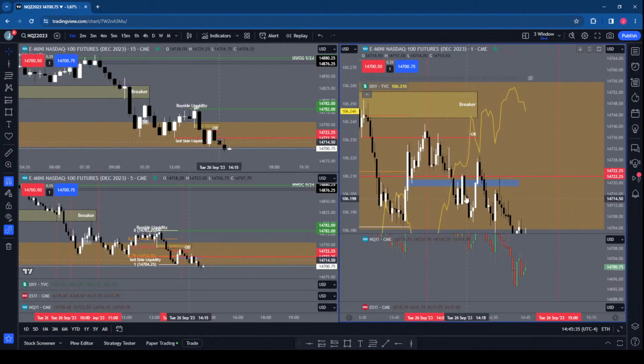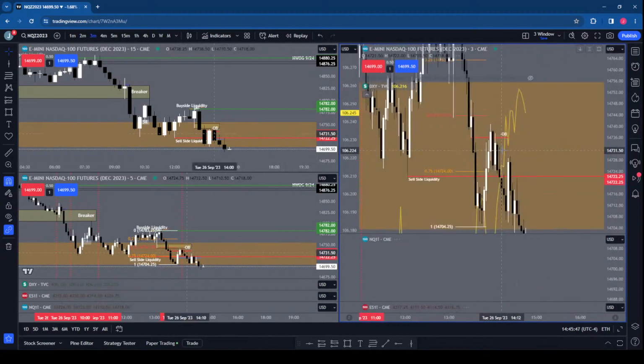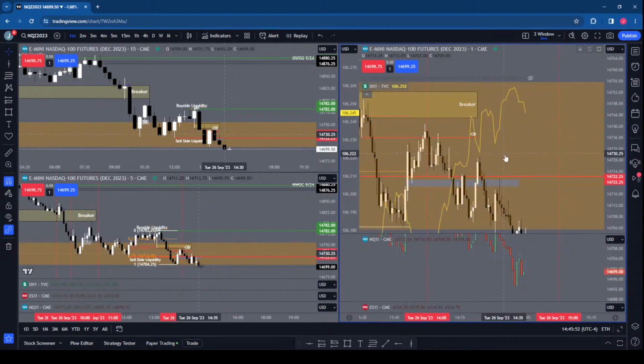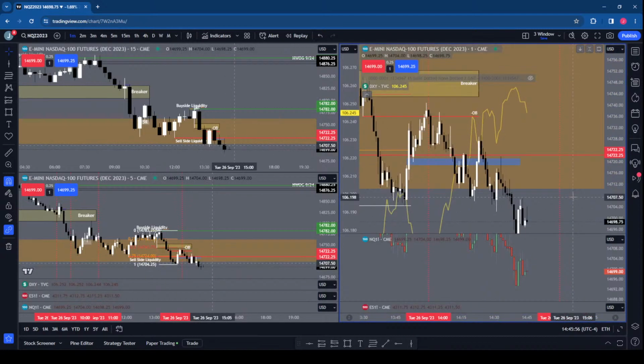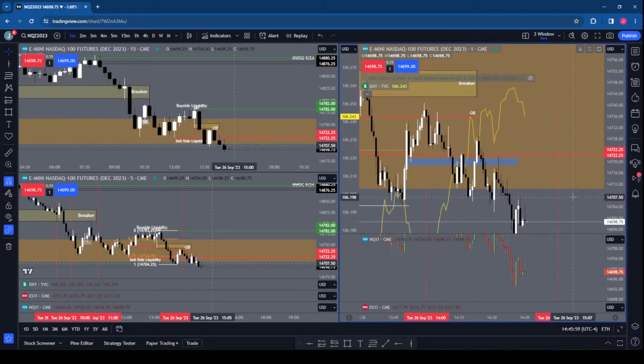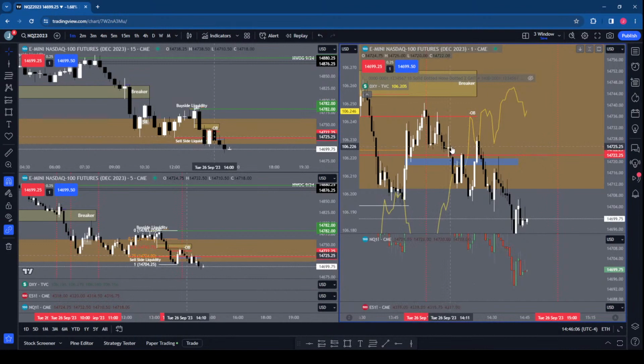So there wasn't really a downside fair value gap until maybe it was on a different time frame. No, there wasn't much for downside fair value gap on NASDAQ. I think this one, this inversion did deliver 10 handles, but then it would have come up and hit your stop, unless you put your stop up here, but